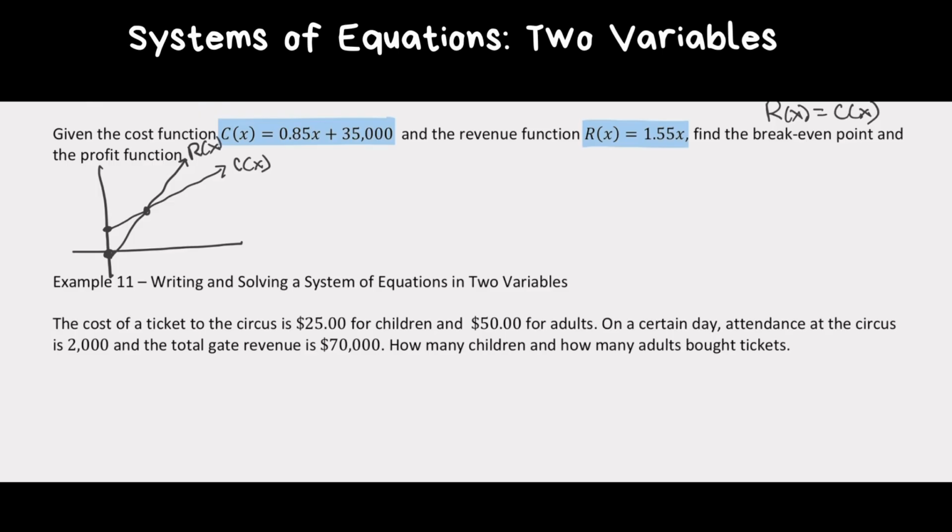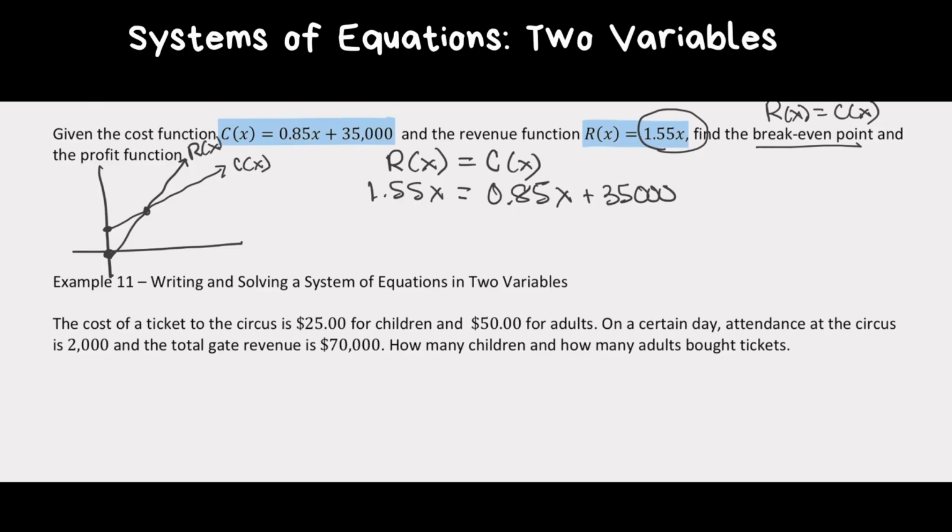So right now it says find the break-even point. So the break-even point is when they're equal. So I'm going to substitute into each one of these spots. Okay, R of X is 1.55X, and C of X is 0.85X plus 35,000. All right, I'm going to subtract the 0.85X over. We'll have 0.7X is equal to 35,000. Okay, divide by 0.7, X is equal to